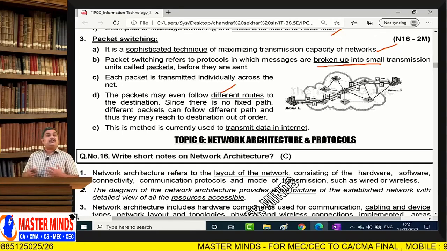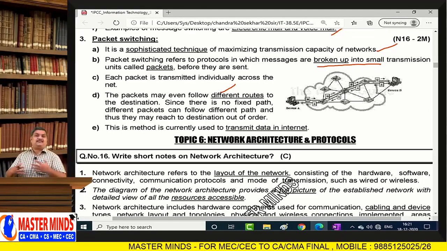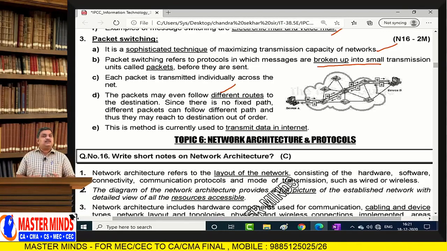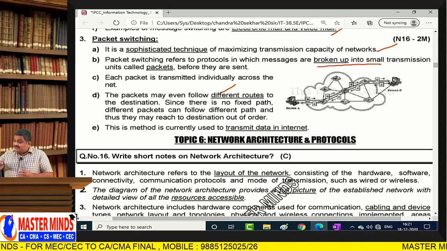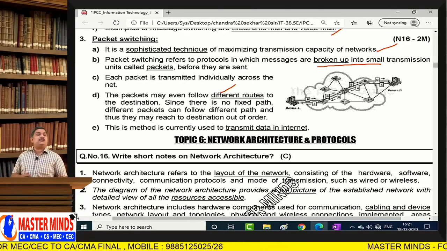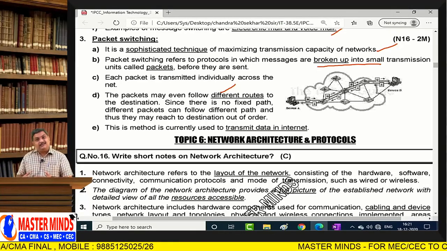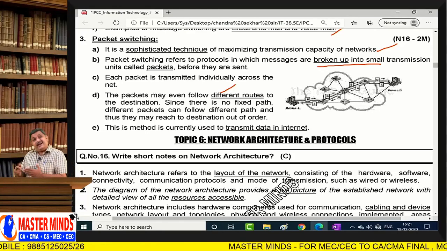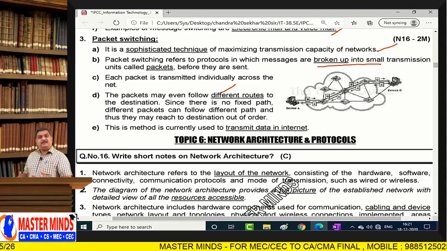See, sometimes we feel that the internet is very fast. What is the reason? Because you are getting the packets from different channels, different lines. So that's why the internet is very fast. Sometimes the packet rate is very low. So there is no rule that all these packets should travel in the same channel. The packets can travel in any direction, in any channel, and there is no rule that there should be some sequence. Sequence need not be maintained. Randomly packets can be sent in any channel. Then you will get it out.